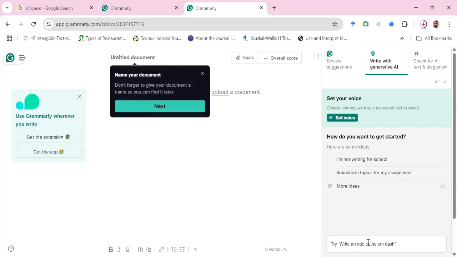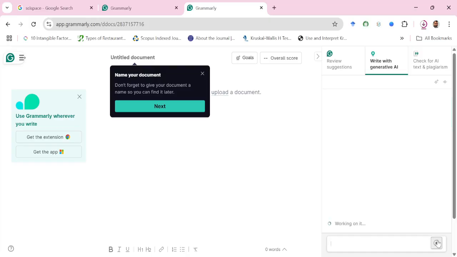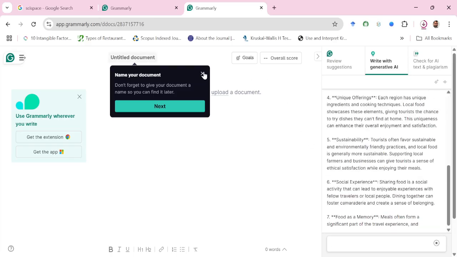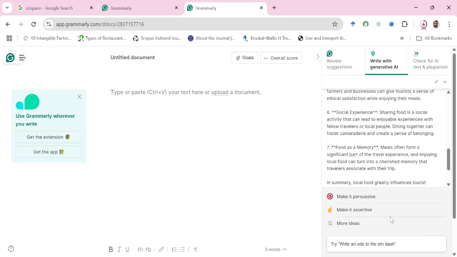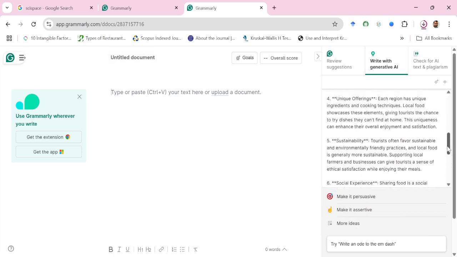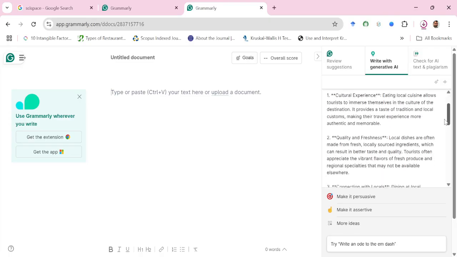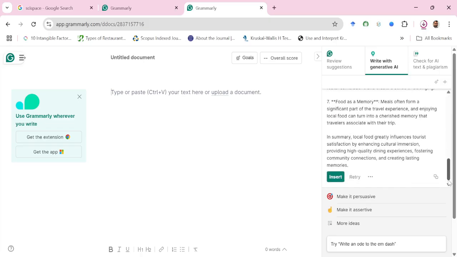So for example, if I write here the same question, how does local food influence tourists' satisfaction? Let us see what Grammarly gives to us. I just gave that prompt along with the question mark, and it has given me the text which I can use. See, it has given me this text, right? In case I want the references for this, of course I need to check them as well, whether they are apt or not. So I'll give a prompt over here, that is,